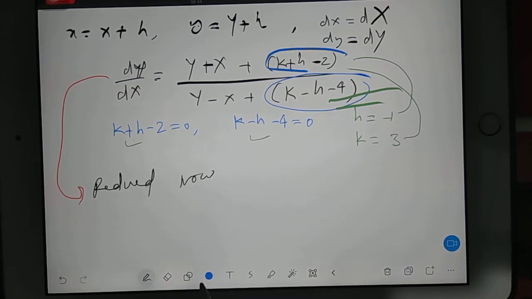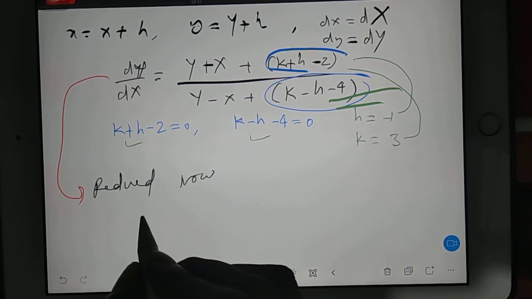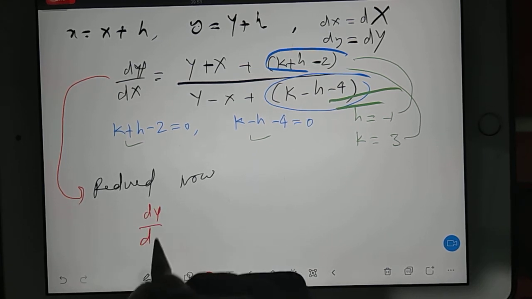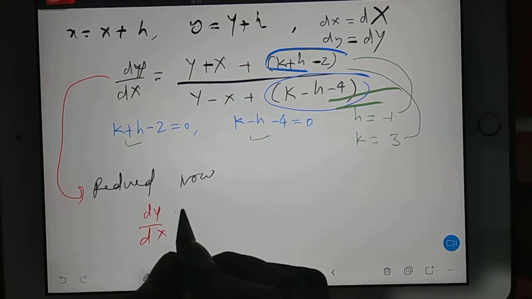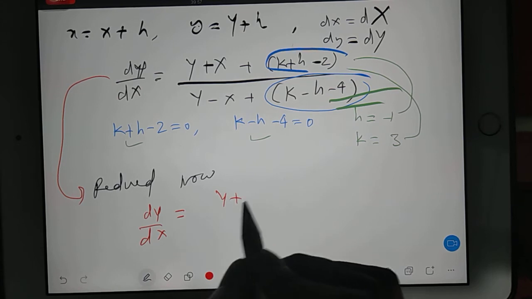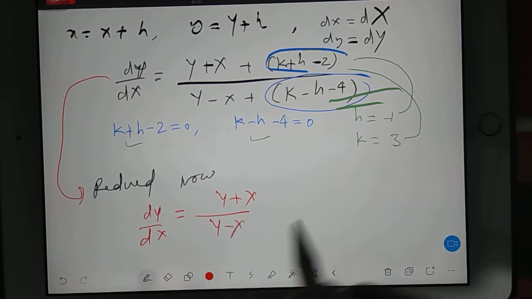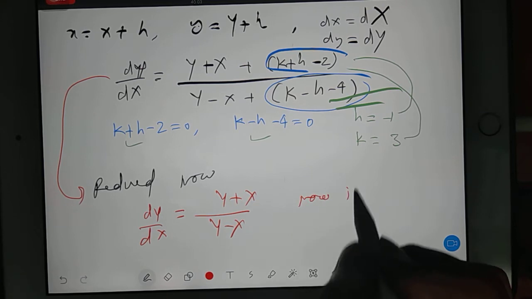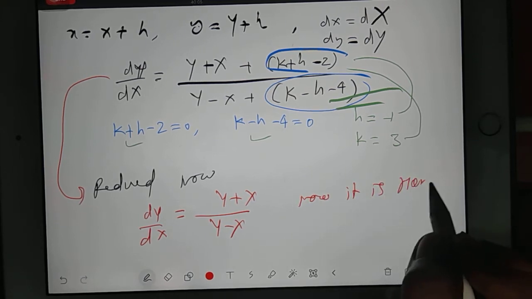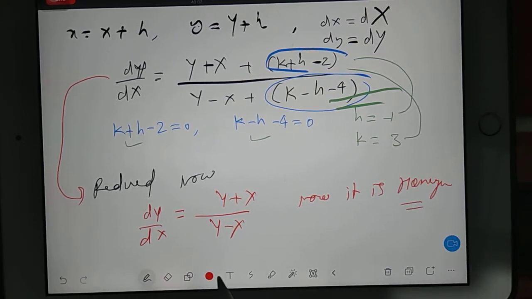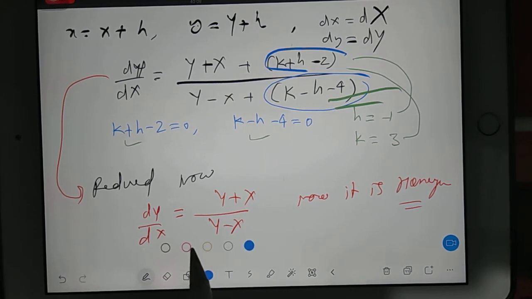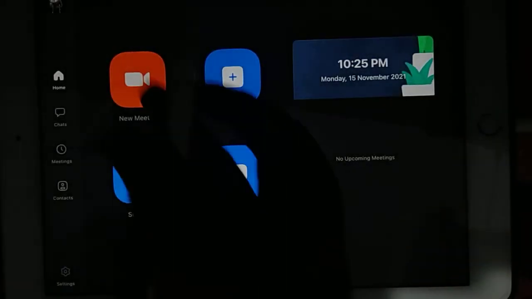Now it will look like capital dY by capital dX is equal to Y plus X divided by Y minus X. Now it is homogeneous. So now the previous part we have to perform again. Means we have to replace